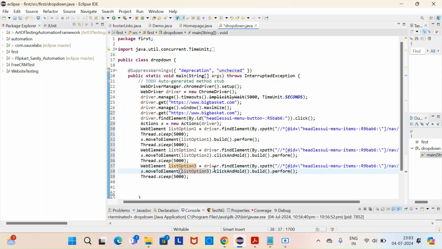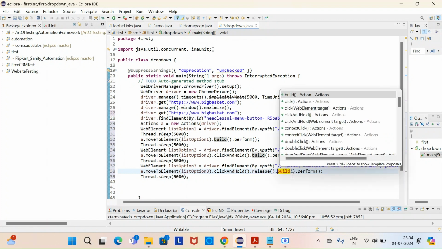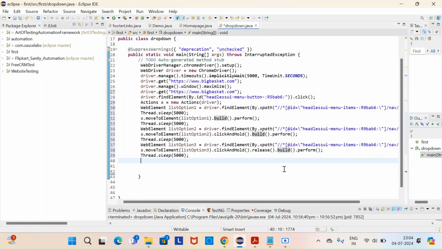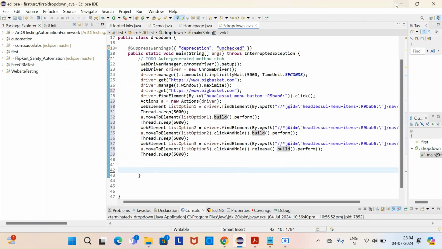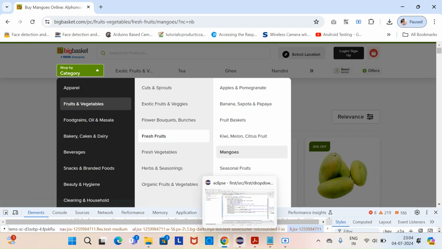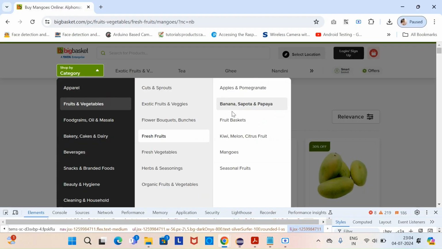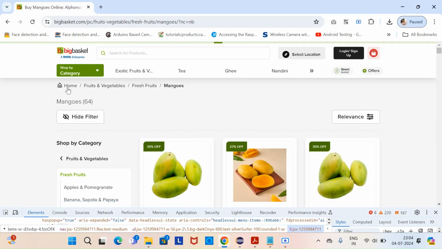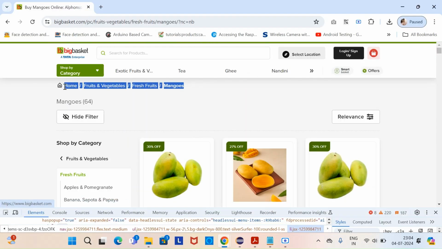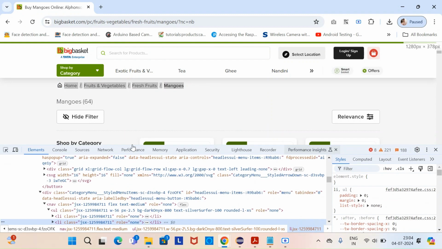And here what we will do is click and hold and release, because we need to click there, right? So we will click and hold and release the mouse there so that it will click there. Basically it will navigate to that option. It will click on this option if you click and hold and release, or else instead of click and hold and release, you can use click also, even it will work. And after navigating to this page, we need to verify it navigated to this page only or not, right? So let me confirm it through this text.